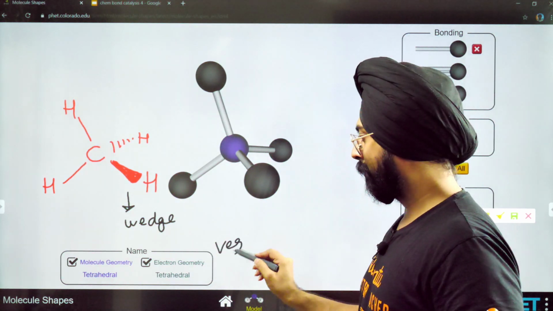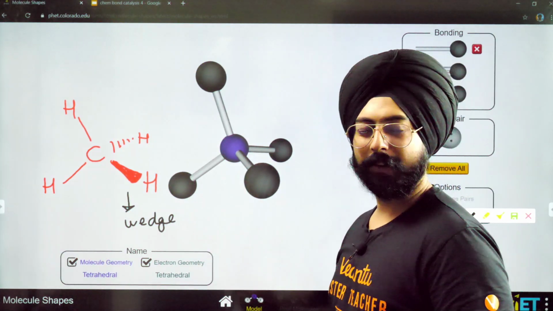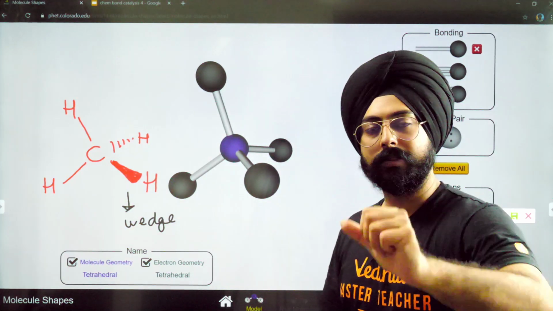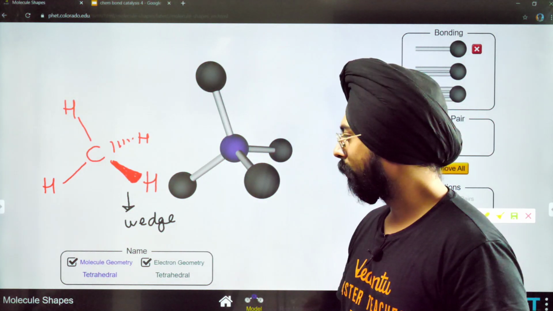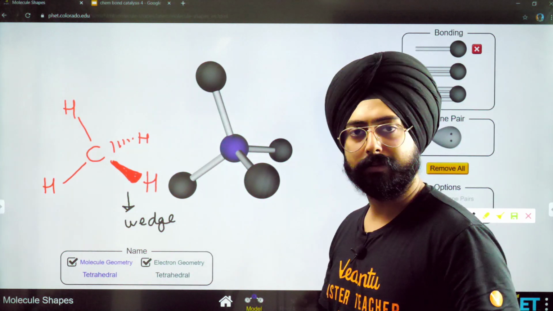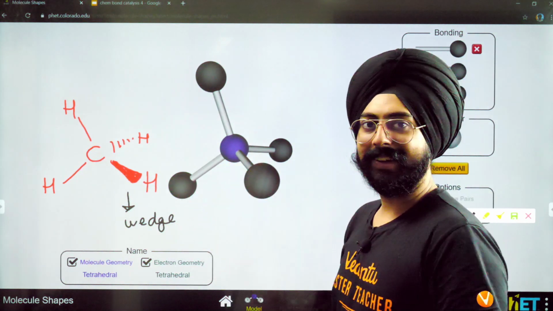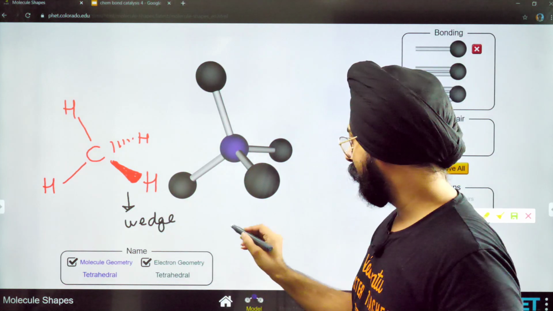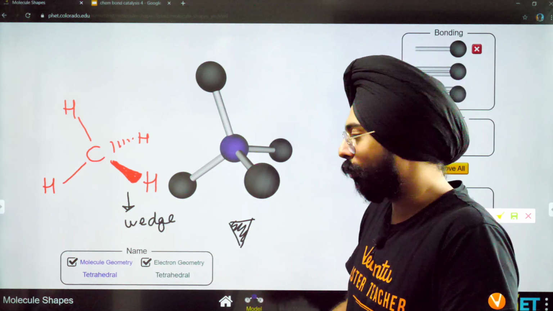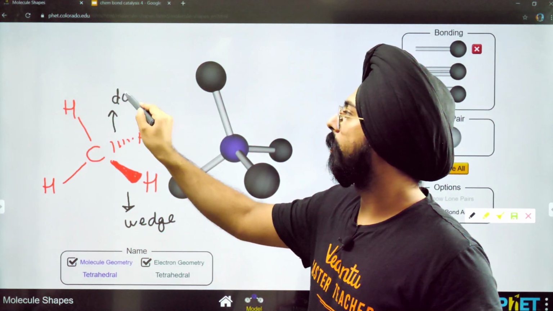Not wedge, ये सब्जी वाला wedge नहीं है, wedge. Okay, if you people know about wedge heels, all the women watching the class, all the girls watching the class may be able to relate to it. Wedge heels होती है ना वो ऐसा वाली. Yeah, so this is a wedge. Wedge is basically that thing that you put in a log of wood. लकड़ी का टुकड़ा जो डालते हैं. So this is your wedge, and this is known as the dashed bond.